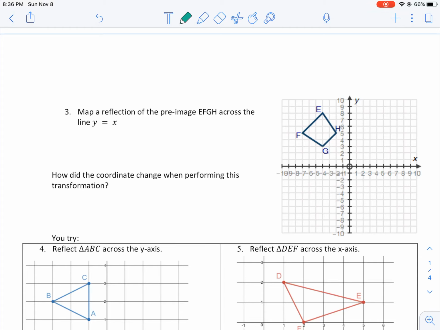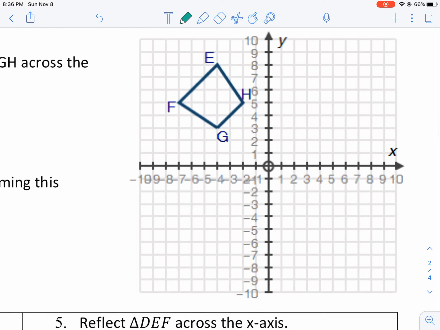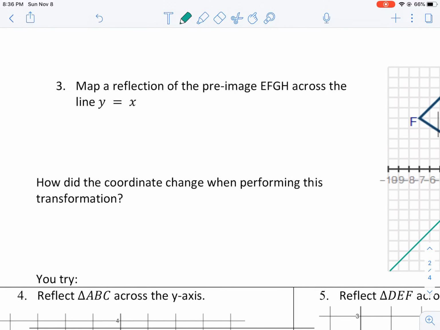The one that's a little bit hard is the line y equals x. The line y equals x is a diagonal line. So the diagonal line is the hardest one to do because it's not as easy as just counting. So I'm going to show you how to do this here. When you're going across the line y equals x,